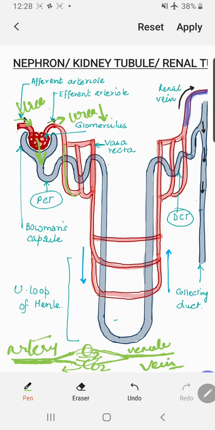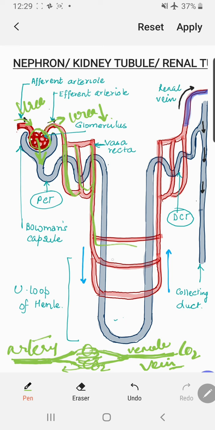So your blood circulatory system starts with arteries and ends in vein. How come? Artery branches into arteriole, further into capillaries. At capillary level, O2 and CO2 exchange in the body tissues takes place. Then the deoxygenated blood is taken back by venule and ultimately goes to vein. That's why vein contains deoxygenated blood. Based on this logic, glomerulus is a tuft of capillaries, so after the capillary level it should reunite to form the vein, but it doesn't form the vein. It again branches back.